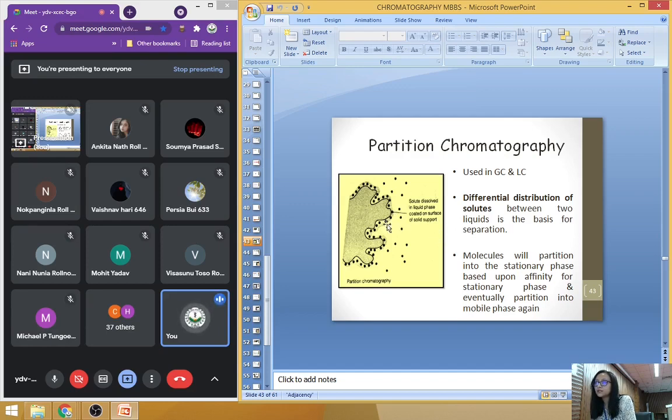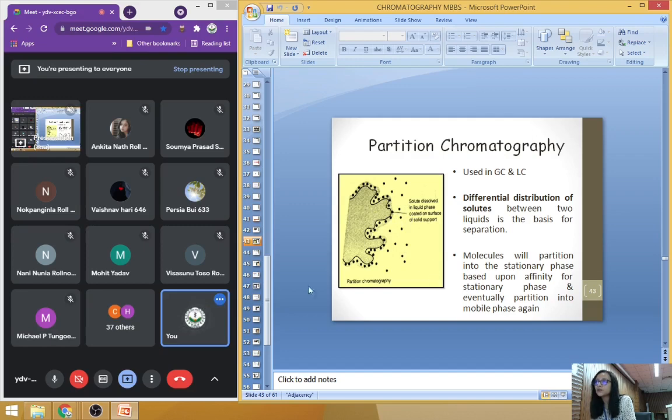So if you can see in this diagram, these black dots are the solutes that are dissolved in the liquid phase, coated on the surface of the solid support. In the case of paper chromatography, the solid support is the paper made of cellulose, the mobile phase is the solvent, butanol and acetic acid, whereas the stationary phase is the water. So the differential distribution of the solute between the water and the solvent is the basis of